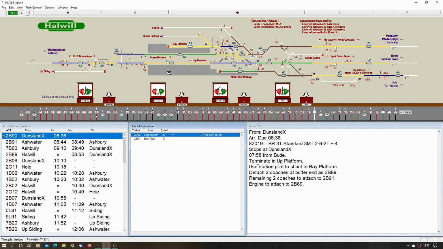So basically use Station Pilot, these shunts, just writing this down, the bay platform, detach 2 at the buffers, that's going to be 2.89, which is departure back from whence it came, and then we've got remaining 2 to attach